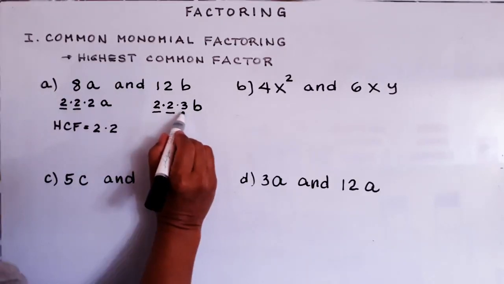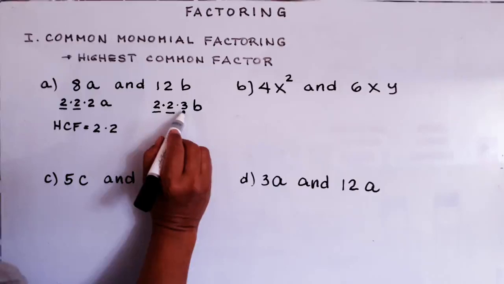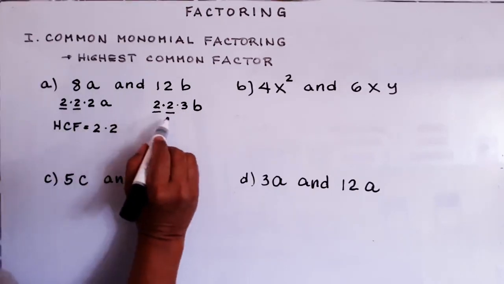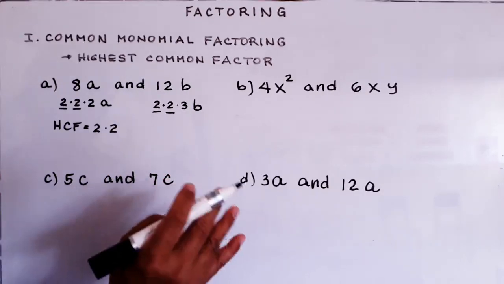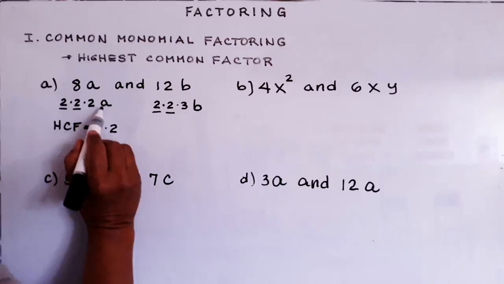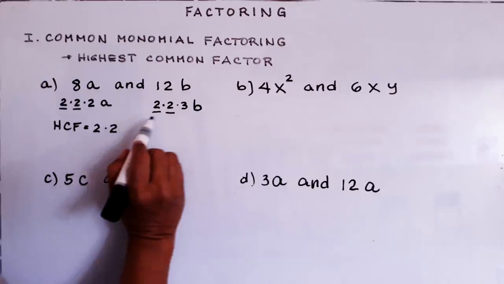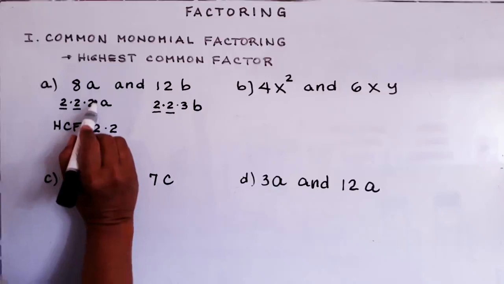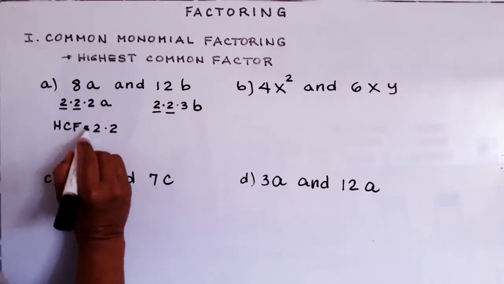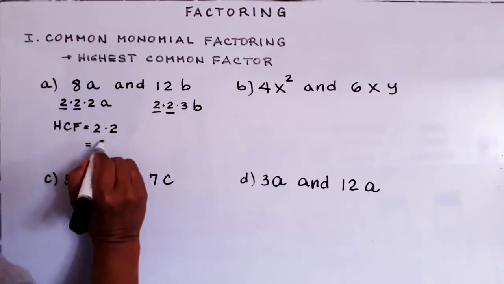Now, what about the 3? The 3 is in 12B, but here we don't have the 3, so we don't write the 3, because the 3 is only for 12B and not for 8. After that, the letters. First we do the numbers and then the letters. We have an A here, but on the other side we don't have the A, so we don't write A. We have B here, but on the left side we don't have the B, so we don't write the A or the B. So we multiply 2 times 2, and our highest common factor is